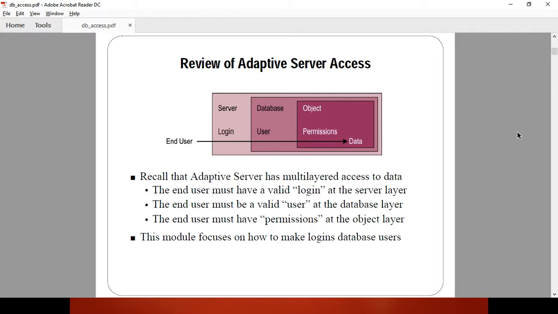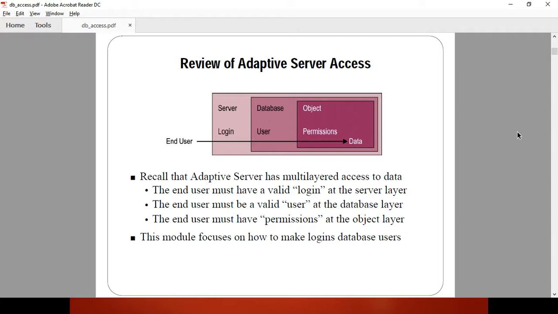Once the user has a valid login to the database server and a user is created in the database, the user must have a valid database user to be granted any permission on the database object.